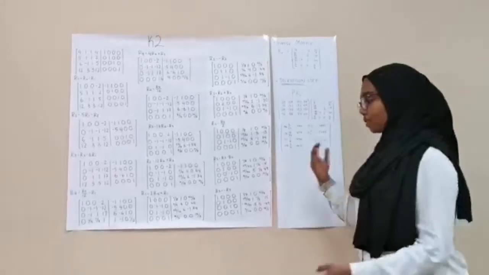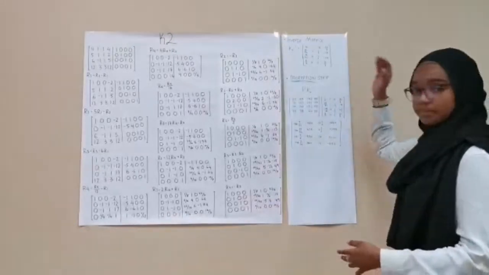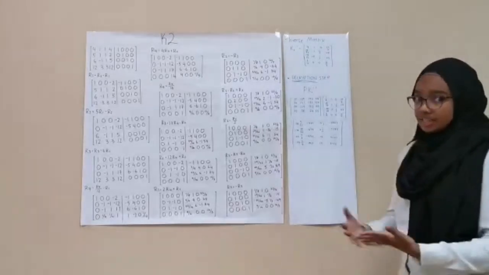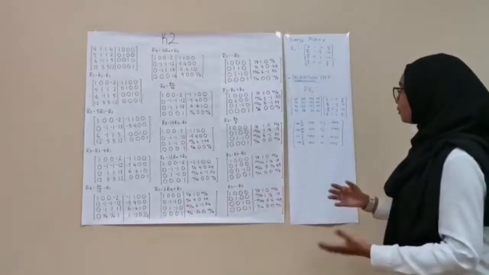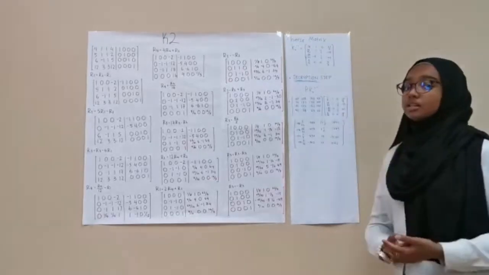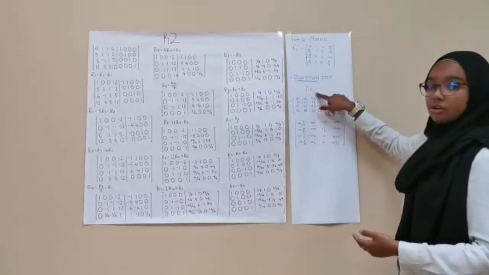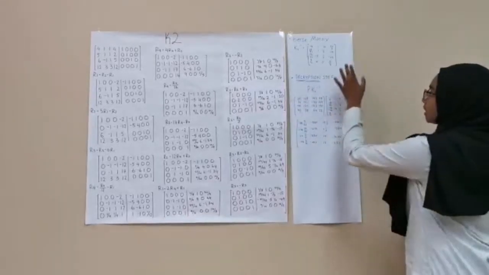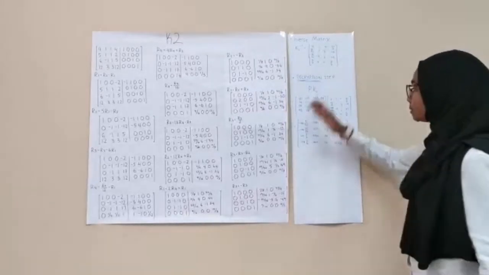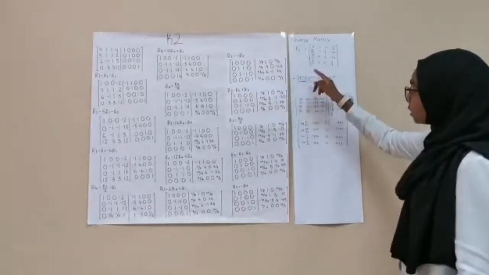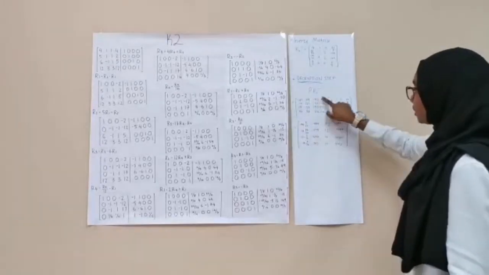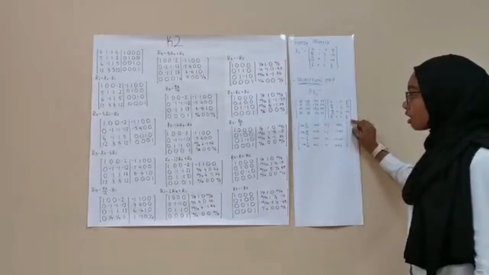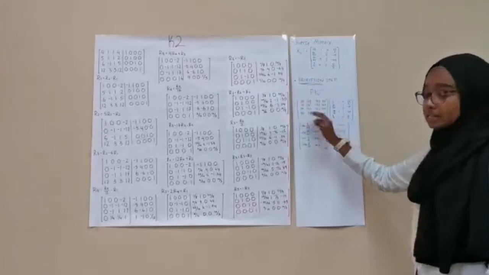Right, so as we know from what Wafi explained, this will be the inverse matrix. So this is the inverse for K2. Alright, to obtain the message, the decryption, we have to use the formula given, same as K1, which is P times the inverse of K2. The P is given by the question, and we will use the inverse for K2. So how do we obtain it? We have to multiply row 1 with column 1, row 2 with column 2, row 3 with column 3, and row 4 with column 4. So when we multiply all and add, we will get the answer